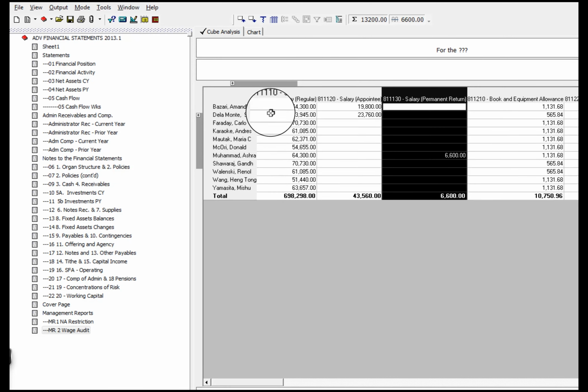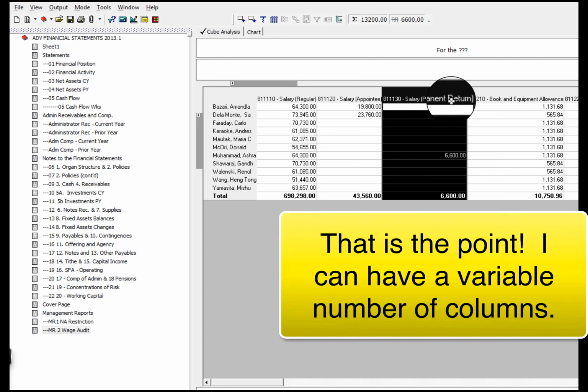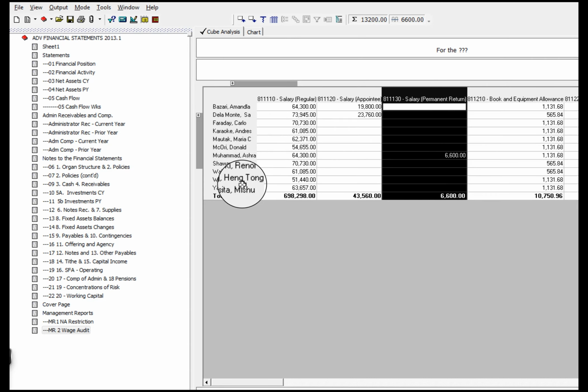And the cool thing about it is that every account is being picked up in that range whether I knew about it or not, and every employee. So I have a variable number of employees and a variable number of accounts, and making a pretty cool two-dimensional report.